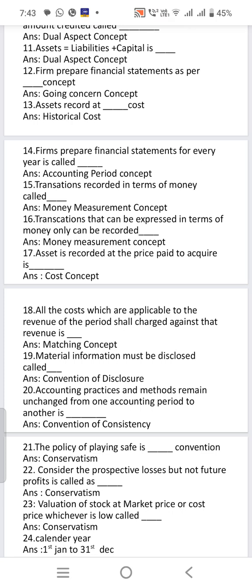Next question: all the costs which are applicable to the revenue of the period shall be charged against that revenue